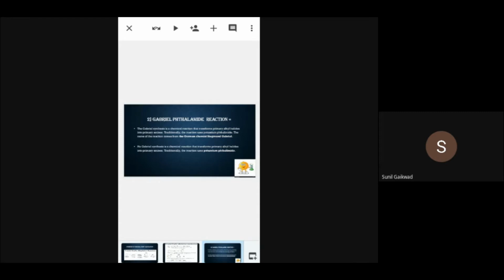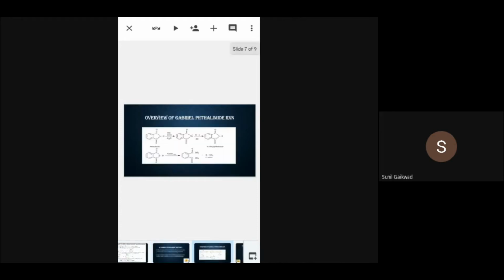Now, there are a few points which you have to remember in the Gabriel phthalimide reaction. First, the reaction is carried out in a basic medium. We never take an acidic medium in this. Therefore, as I'm taking the basic medium, we take alcoholic KOH. It is not necessary that we always take alcoholic KOH only. We can also take NaOH, because as I said, we are working in a basic medium, so we can take NaOH and KOH. The next thing you have to remember is the removal of an H2O molecule in this reaction.